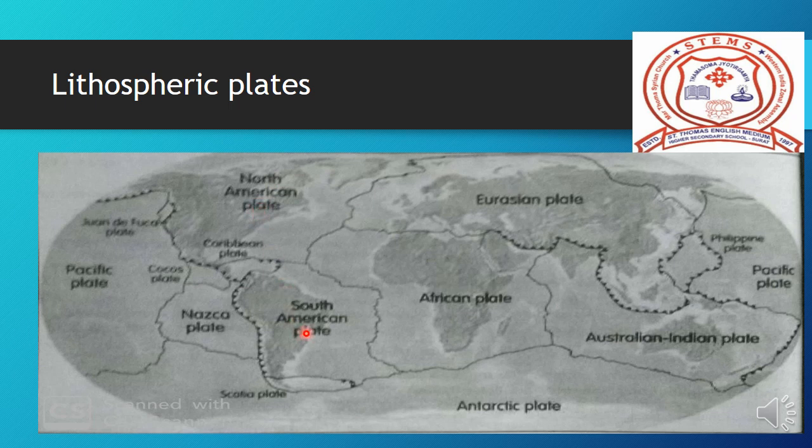Third, South American plate. Fourth, Eurasian plate. Fifth, African plate. Sixth, Indo-Australian plate. Seventh, Antarctic plate. These are the 7 tectonic plates.